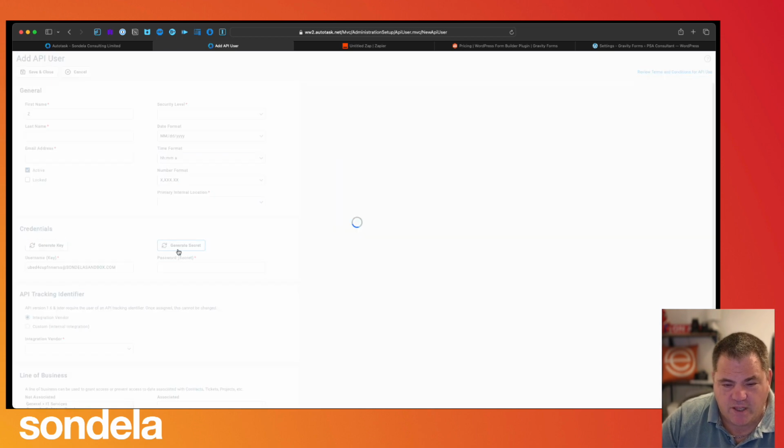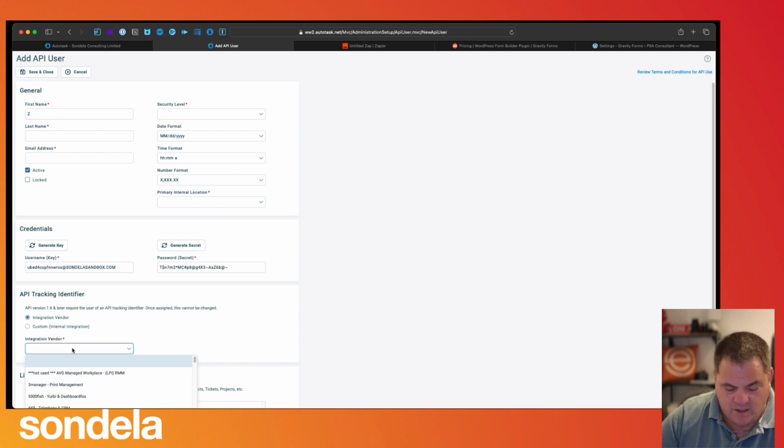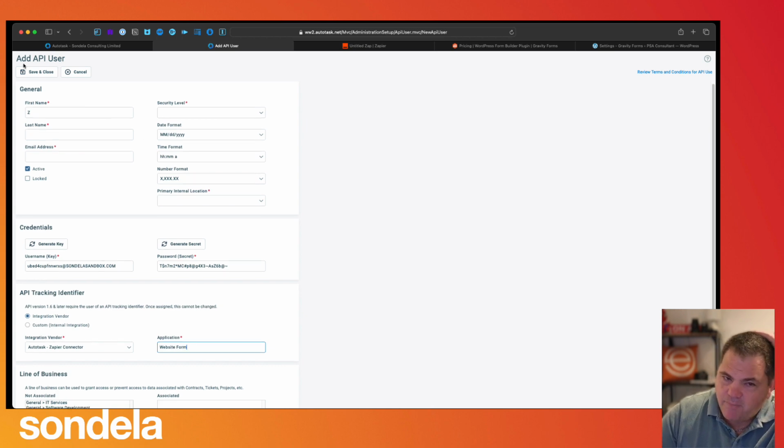The most important thing you need is to use this username, this password, and then here you need to pick integration vendor, and this needs to be Autotask, and I think there's an Autotask Zapier connector. So you need to use Autotask Zapier connector, and then you can make whatever application you want, something like that. Save and close this, and you are going to need to keep this and this aside, because